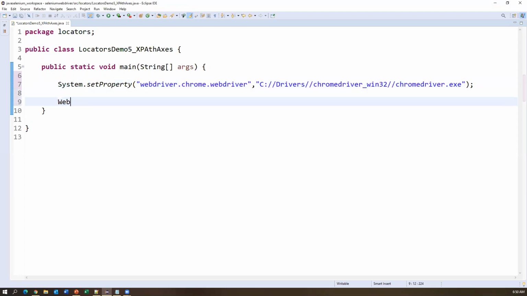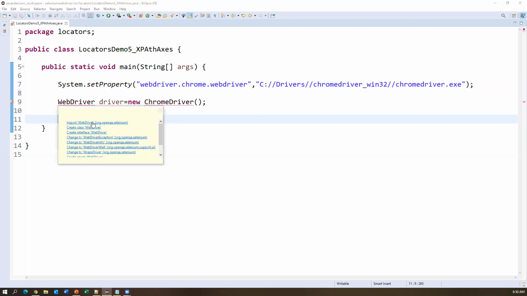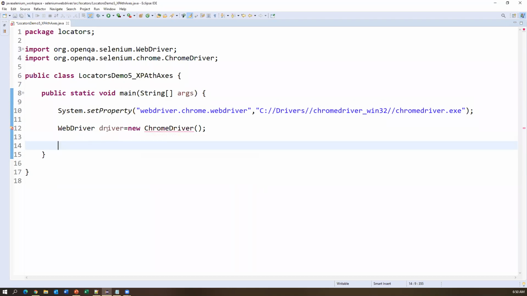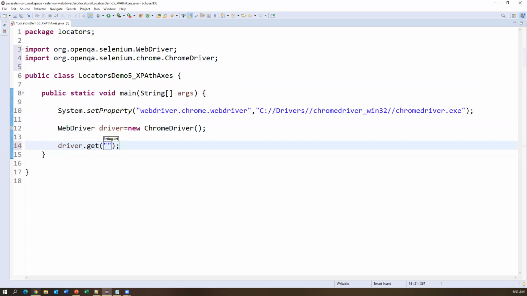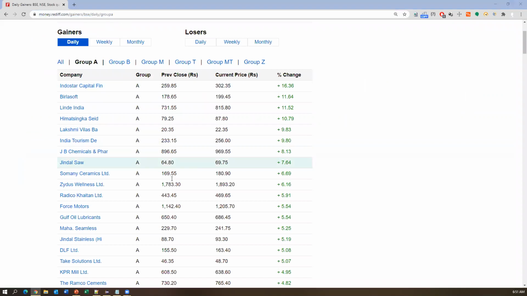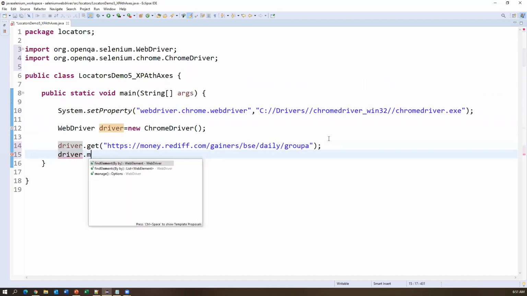Then I'll create the WebDriver object: WebDriver driver equals new ChromeDriver. Then import the WebDriver interface and the ChromeDriver class. Now by using this driver, I'm trying to launch my application. So driver.get, and here I'll specify this URL. This will open up the application, and then I'll maximize the page with driver.manage().window().maximize().